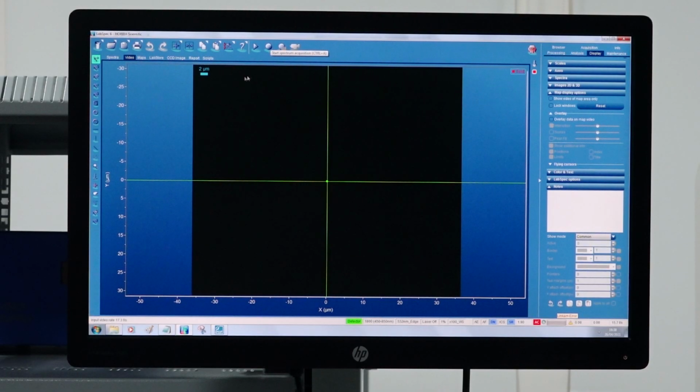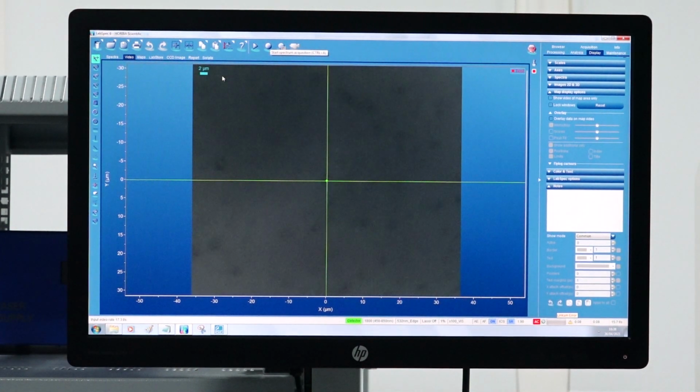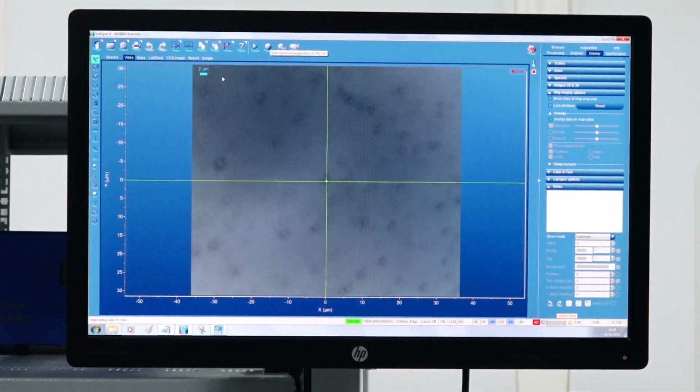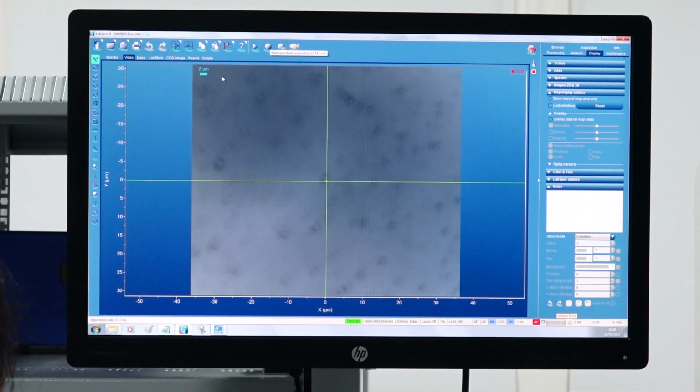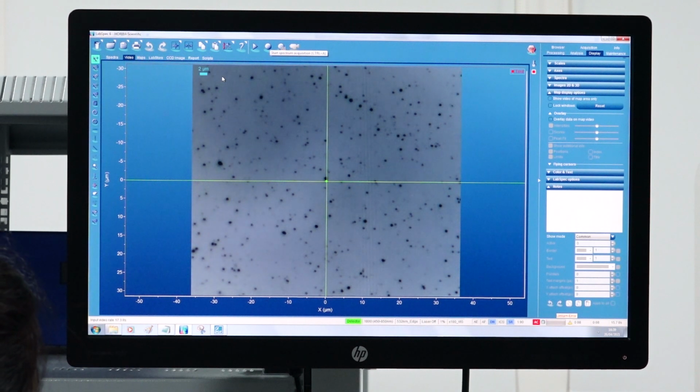The screen is again black, which means there is not enough illuminated light on the sample. So I will increase the illumination more. So again, some features are available and can be seen, and with a fine adjustment of focus, I will be able to focus on the desired place. The focusing through the 50x objective is done.